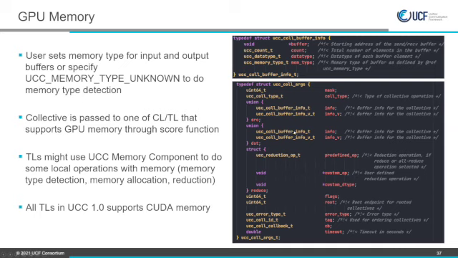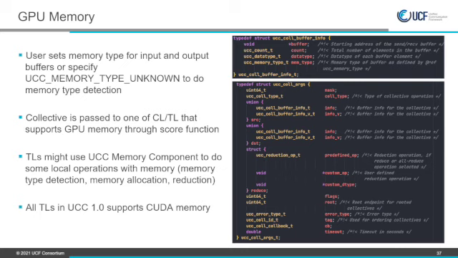The possible values for this field are memory type CUDA and memory type host. And one more choice is UCC memory type unknown. This is needed to support programming frameworks like MPI, where the user cannot specify the memory type directly. If the user sets memory type unknown, then UCC will try its best to detect the memory type itself.